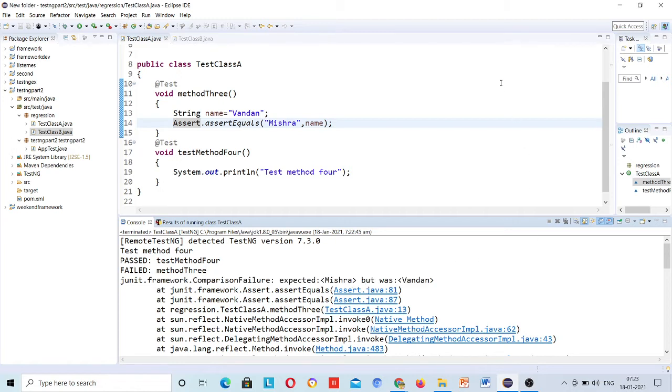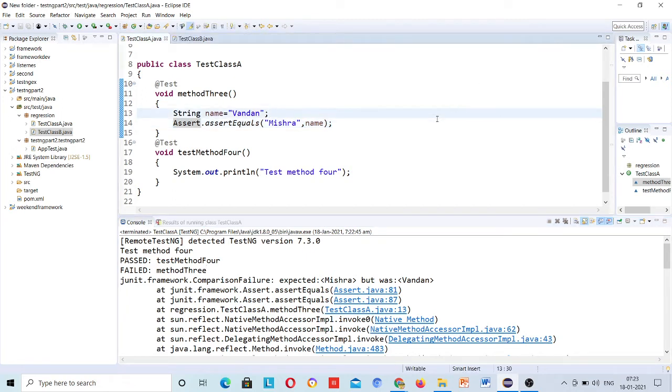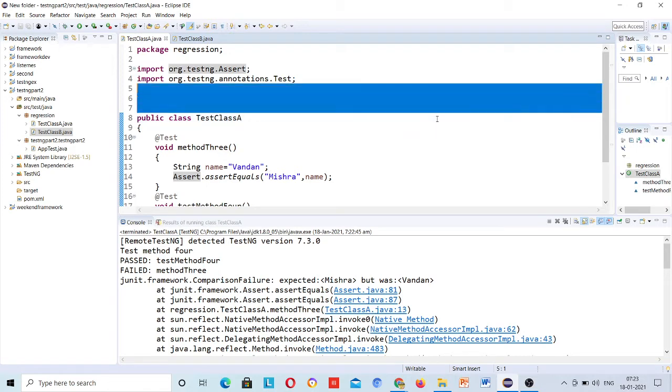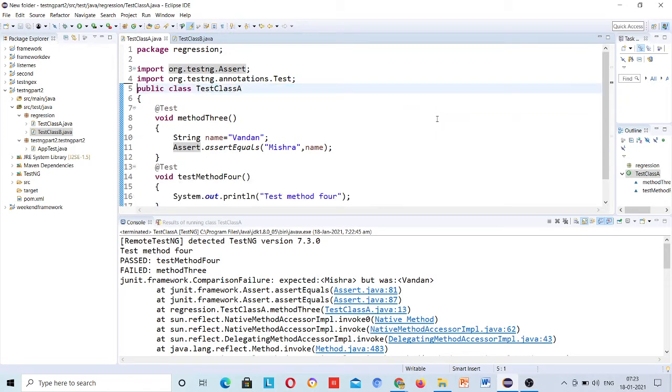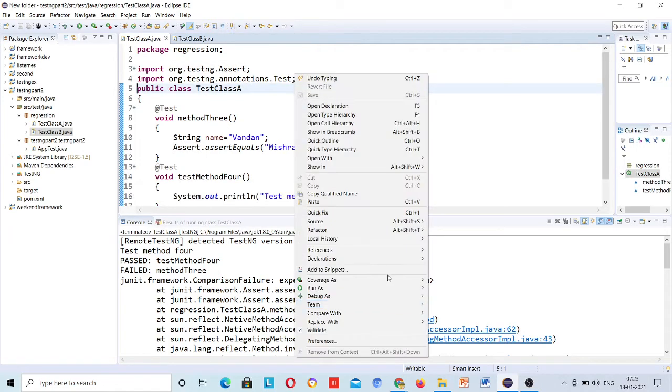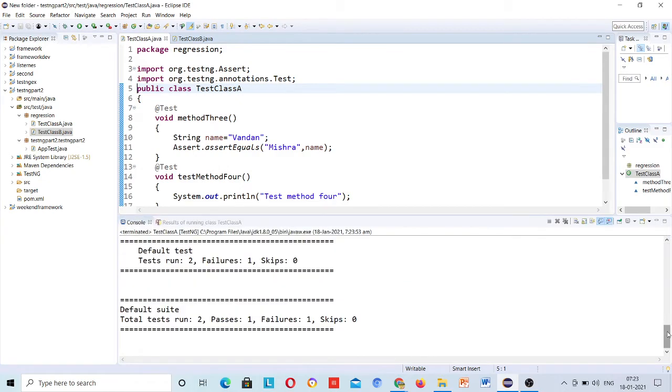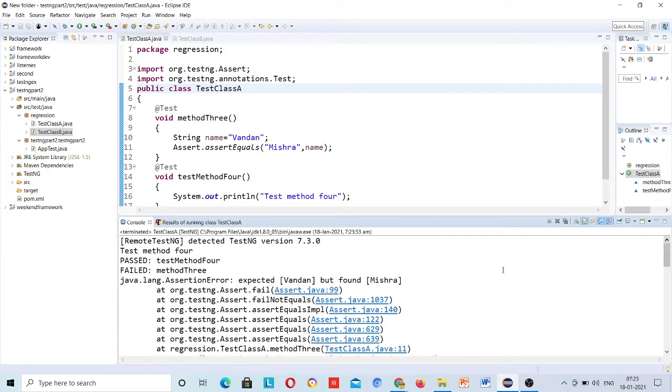The working is the same, even the method is the same, right? So I will use TestNG. Now you can see java.lang.AssertionError: expected Vandan but found Misra. Okay, so this is about assertion.